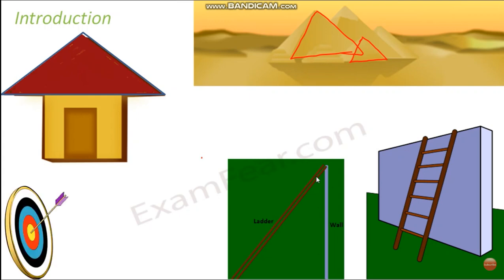Even the arrow in the game which you play, to check whether you shot the arrow to the point or not. If you closely look at this arrow, these also encounter a triangle. In small things around us, we see triangles. We use triangles. So triangles are one of the common shapes that we come across in our day-to-day life, isn't it?